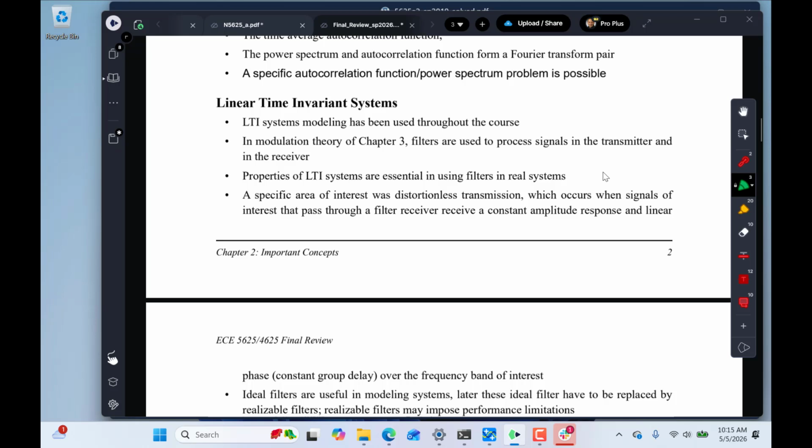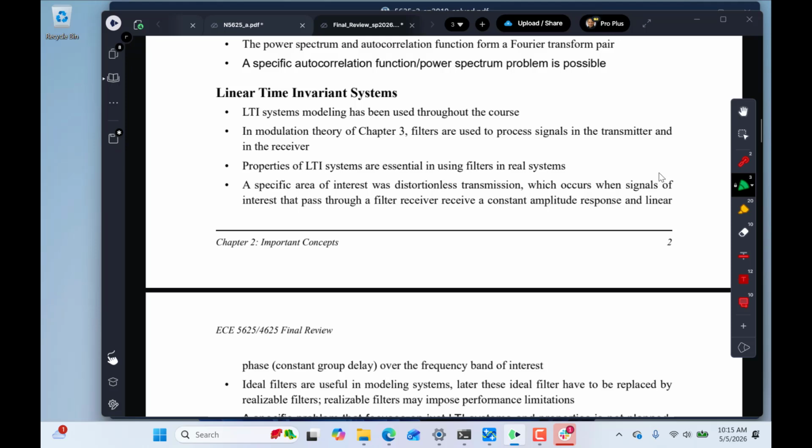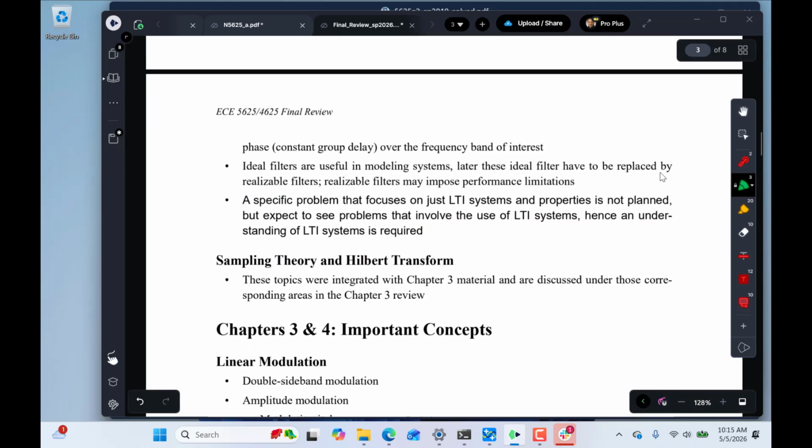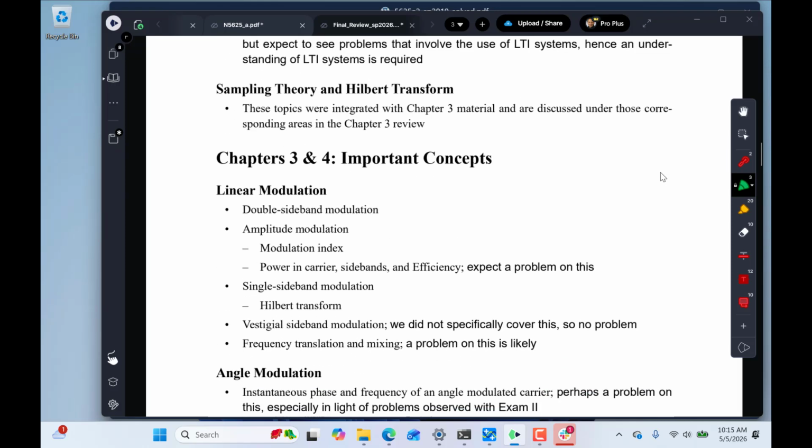Was that project fun in the sense that it worked? I think there's some pretty cool stuff you can just learn from that whole exercise. So, and that's where LTI systems is at play, definitely. And sampling theory and the Hilbert transform,